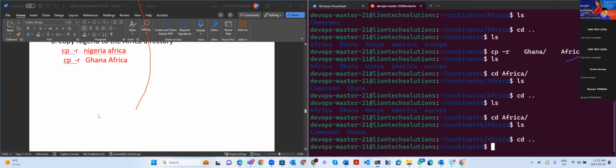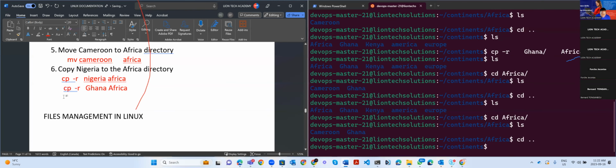I know that we took just a 10 minutes break. Let's take another 10 minutes break. And when we come back, we're going to start with file management. And before we go for a break, let's look at how to